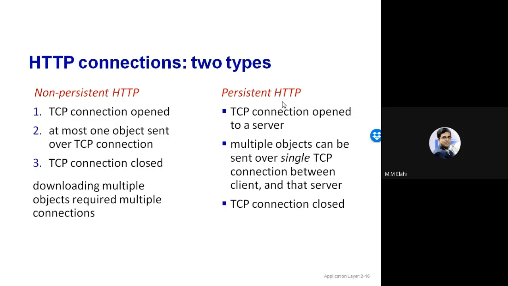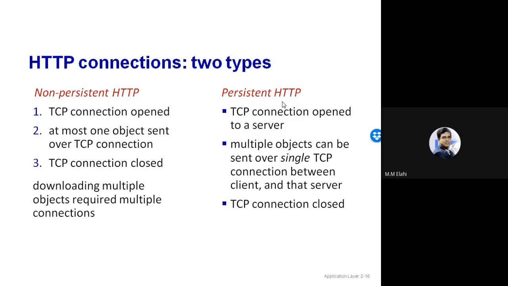Yes, sir, persistent will definitely take less time, but again there is no better option. It depends on which HTTP version you are using. HTTP version 1.0 only uses non-persistent. HTTP version 1.1 or later, like 2.0 which is common now, even 3.0 is being used, can use persistent. But suppose one client is using 1.0 and the server is using 1.1, what should you do? You have to go to 1.0, right?